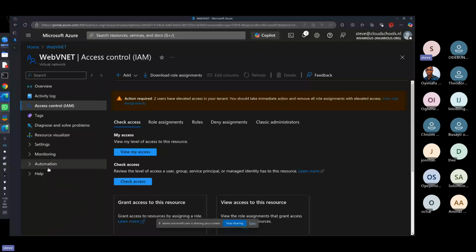Then we have the automation as well. Then the help section. If you're finding difficulties, the help section is there for you. Okay,